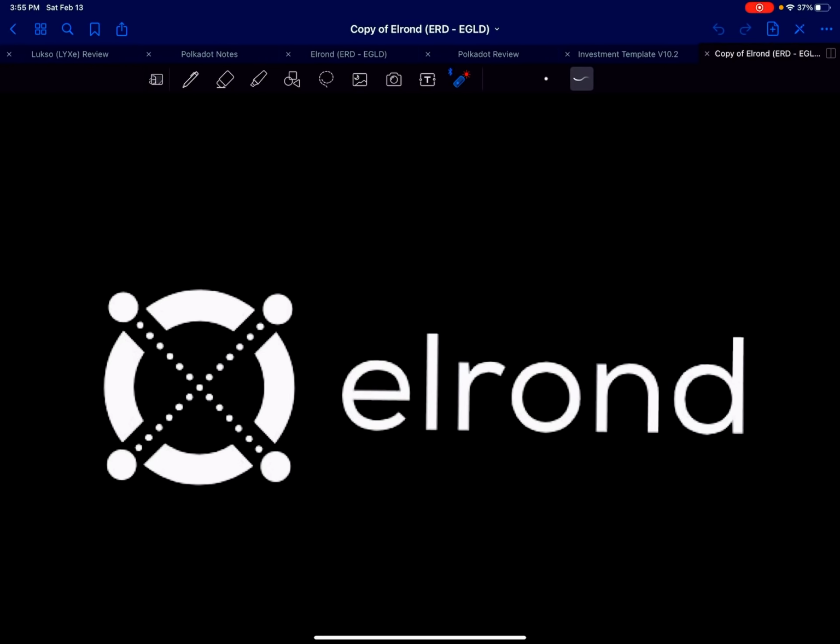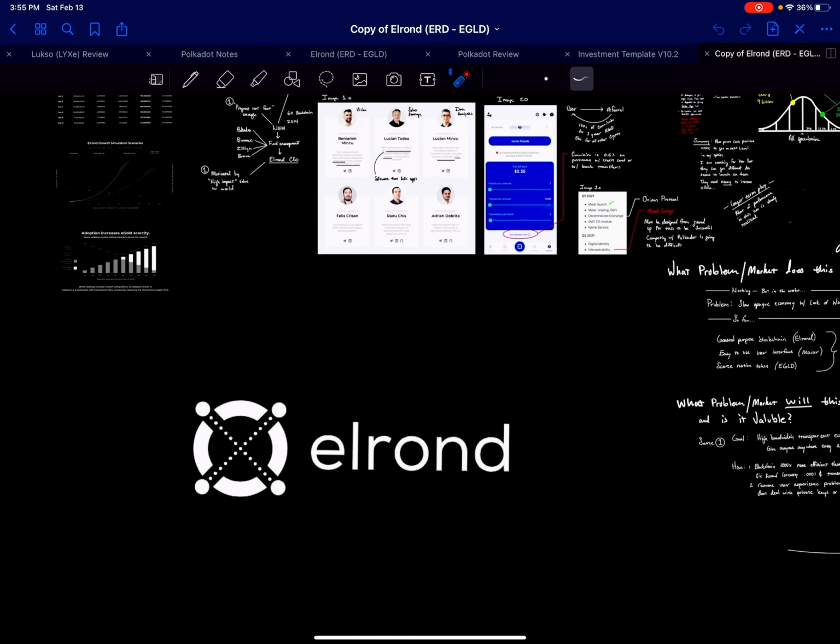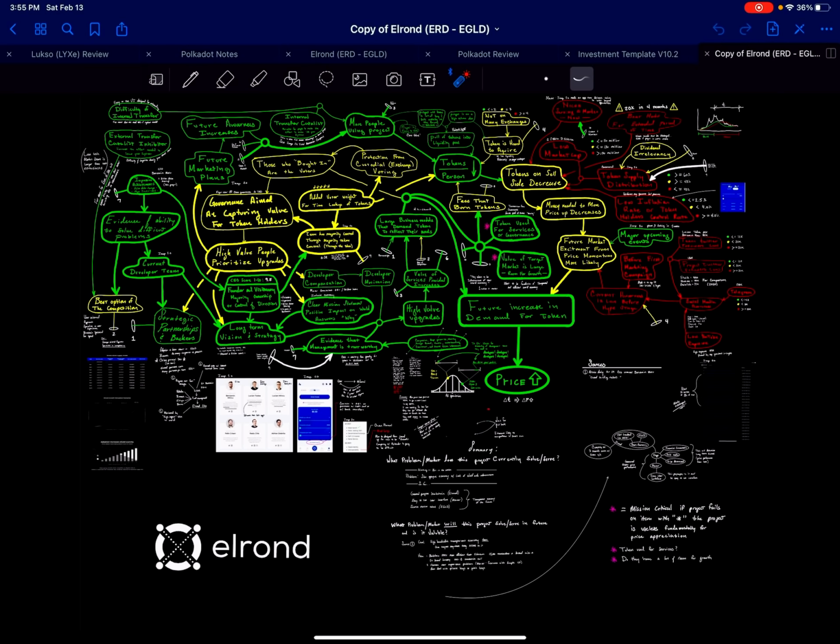Today we're going to review Elrond, the EGLD blockchain. Okay, so this is a top-down view. As you can see, there's a lot of green things with this project from the top down. There's some things that need to be figured out, such as governance. And then there's some things that are not so good over here, and that's just the recent price performance creates price risk.